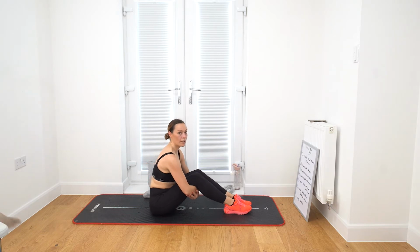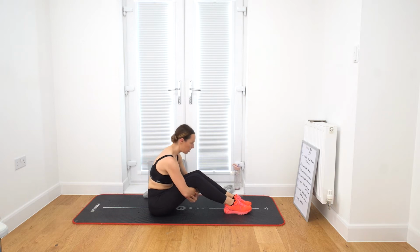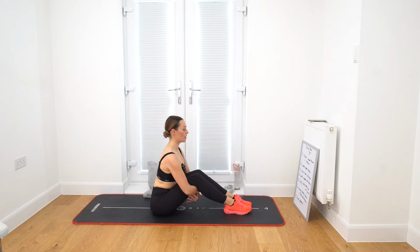and then lifting up, straightening through your spine, dropping through your shoulders, drop through those shoulders, and then back to flexion, pulling away and lifting up. So this is a really good thoracic spine mobility. Flexion,